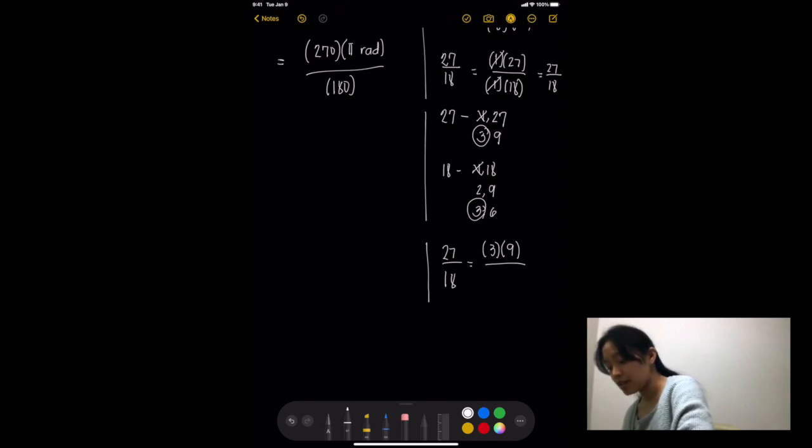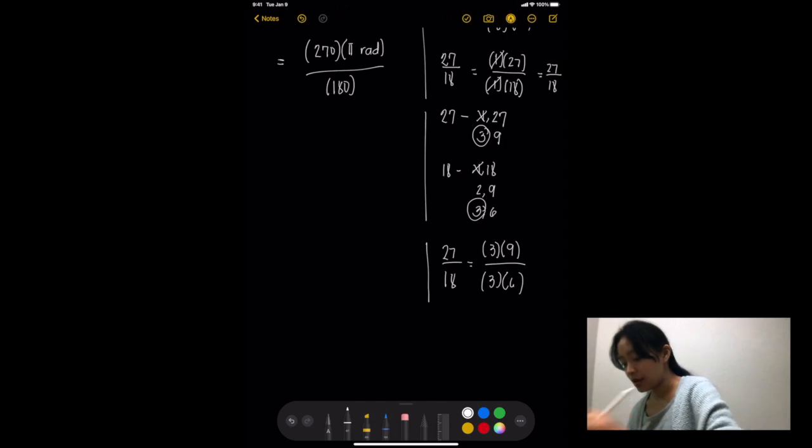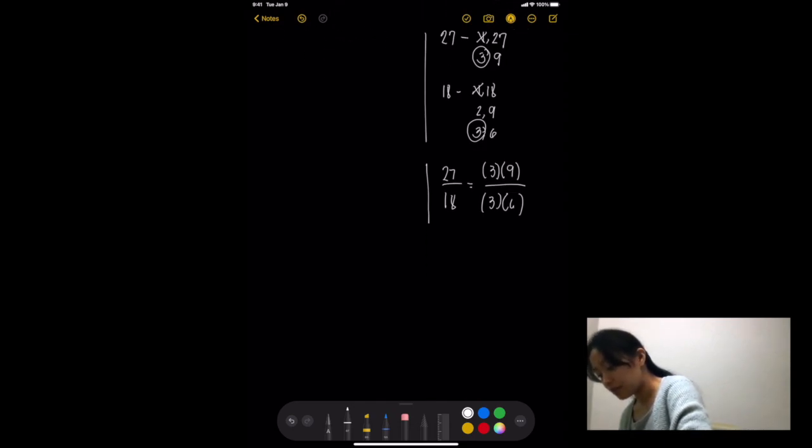So 27 is simply 3 times 9, and 18 is simply 3 and 6. So if we follow this, we can cancel out 3 here, and we're left with 9